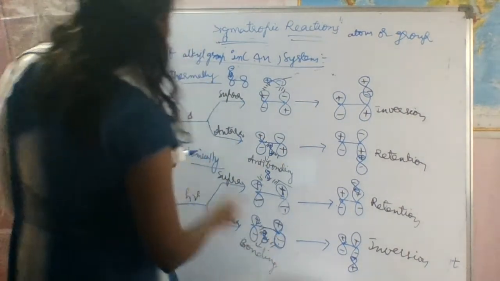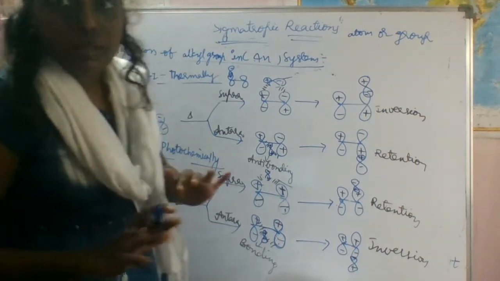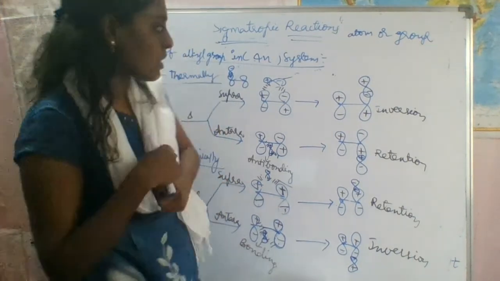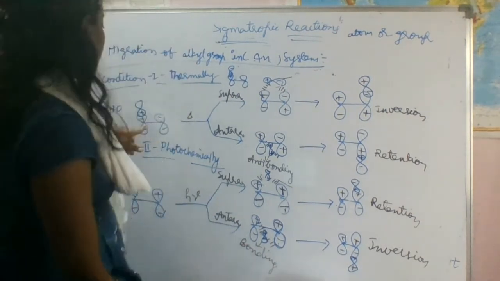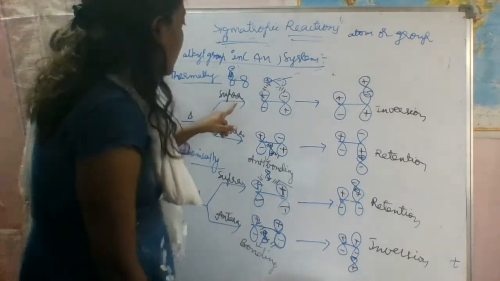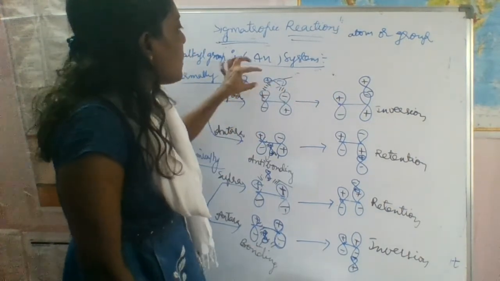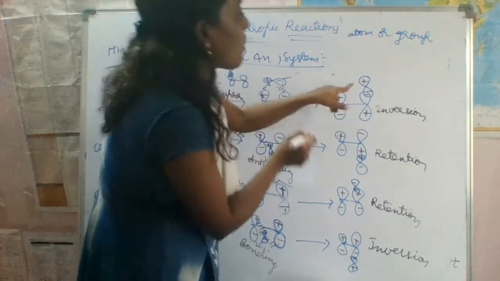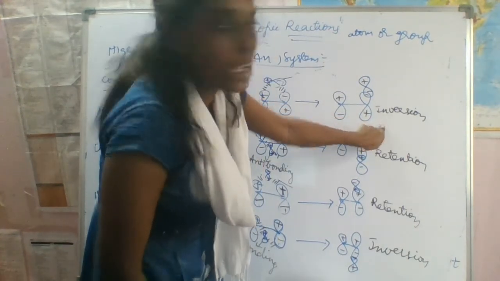This is the 4n system. Just keep in your mind, we have to take the terminal carbons. Here we don't want to take the total carbons, I just want to write the terminal carbon lobes, right? So here I have taken this Psi2 orbital. This is a HOMO, and we have to approach suprafacial and antarafacial. If it approaches suprafacial, what is the configuration? Plus is there, minus will be an upward lobe, right? But here what is the upward lobe? Upward lobe is plus, so that's why this is said to be the inversion configuration.